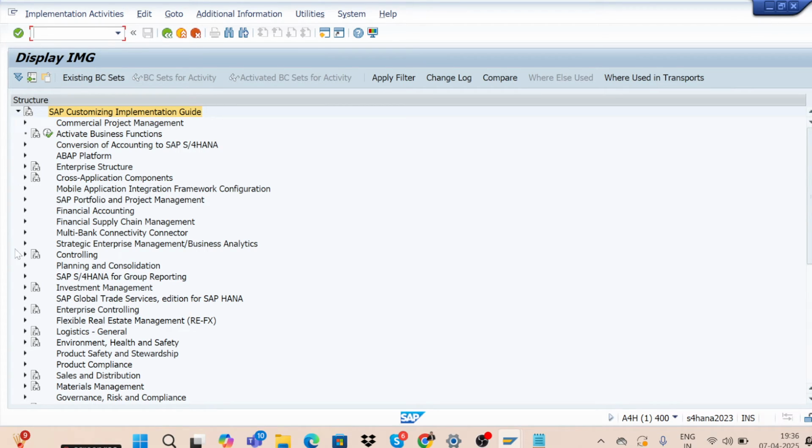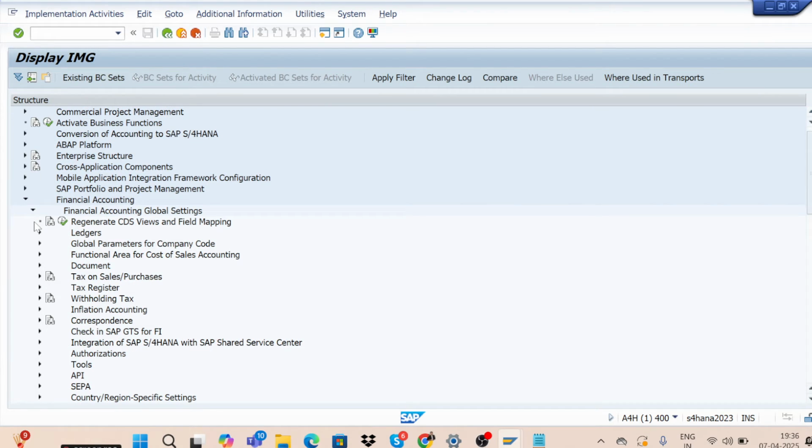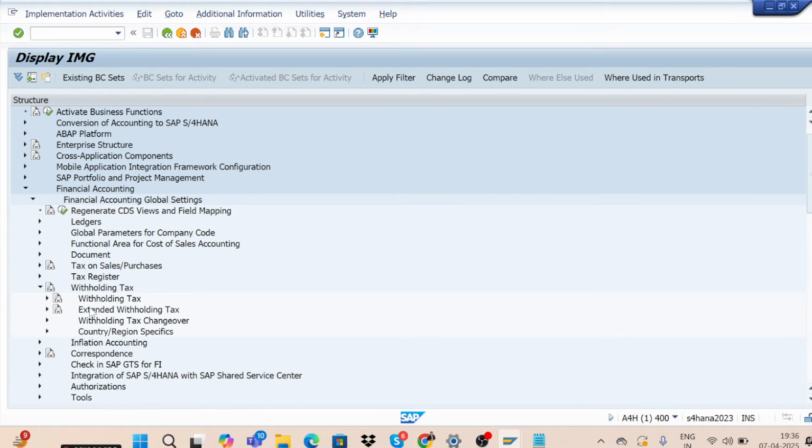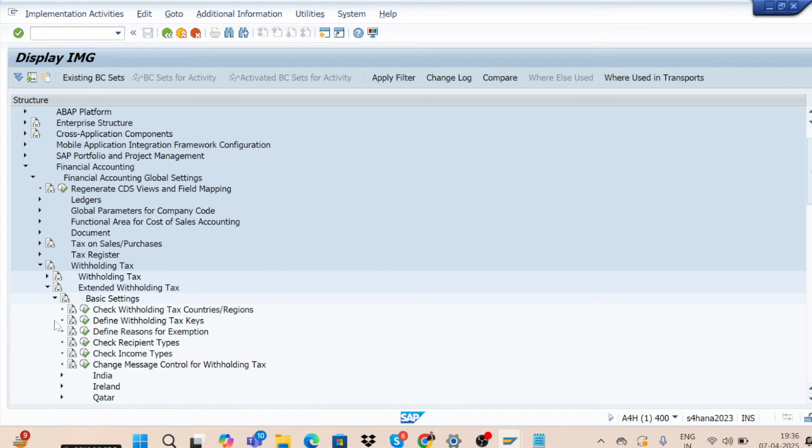go to financial accounting, go to financial accounting global settings, and here go to withholding tax, go to extended withholding tax, go to basic settings, and here you will see check withholding tax with country.